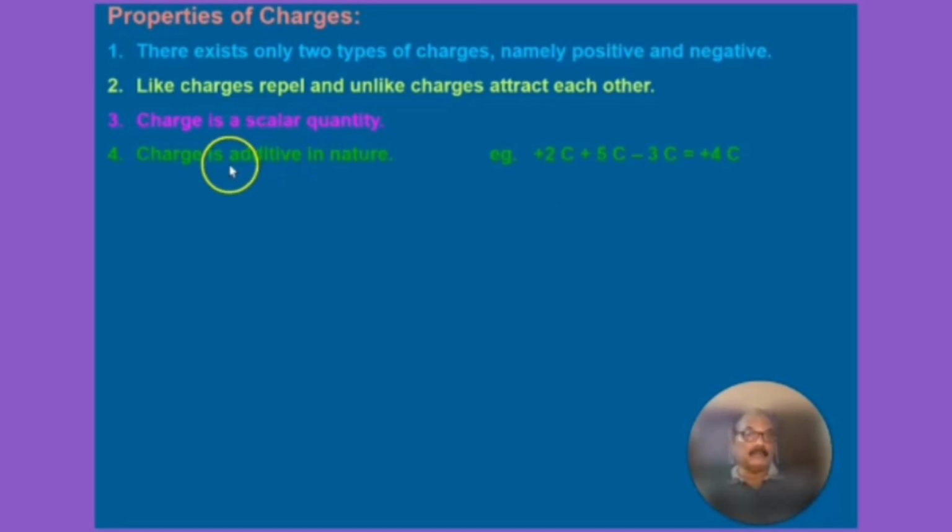This is a general question that is going to be asked. Charge is additive in nature. That means, if you give one charge of an electron, it will be added. Suppose here is the example, two protons, two five